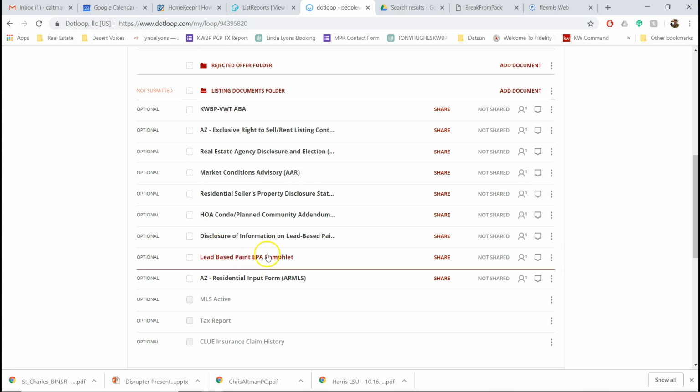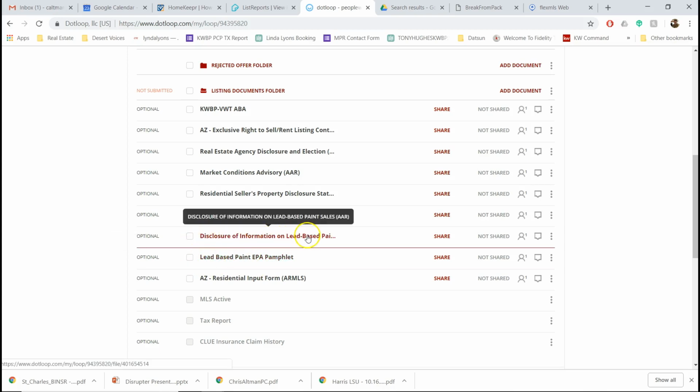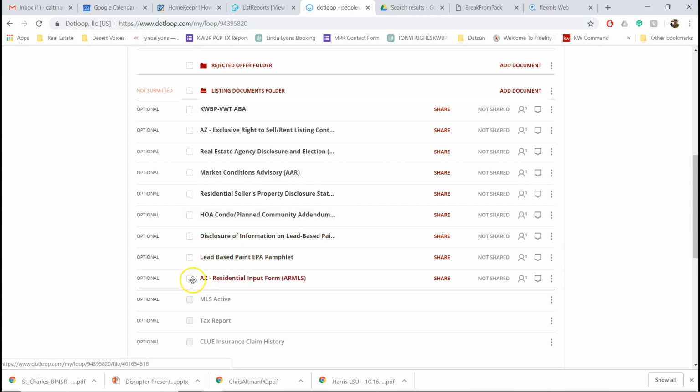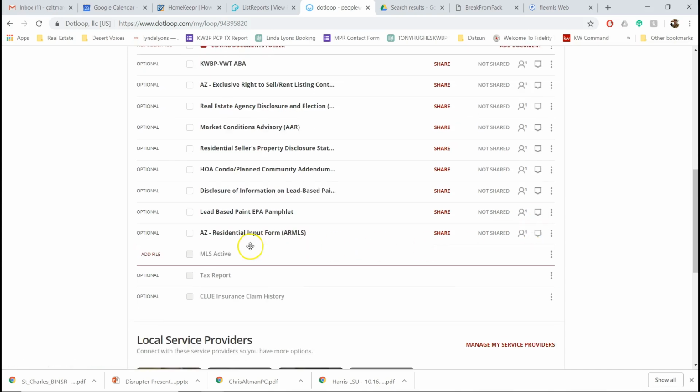Notice this is in here. You need to share that with your clients. This document right here says that you have shared that with them. So it's a good thing to share that with them. You've got your residential input form, and then you have these 3 placeholders that, if you haven't worked with placeholders,